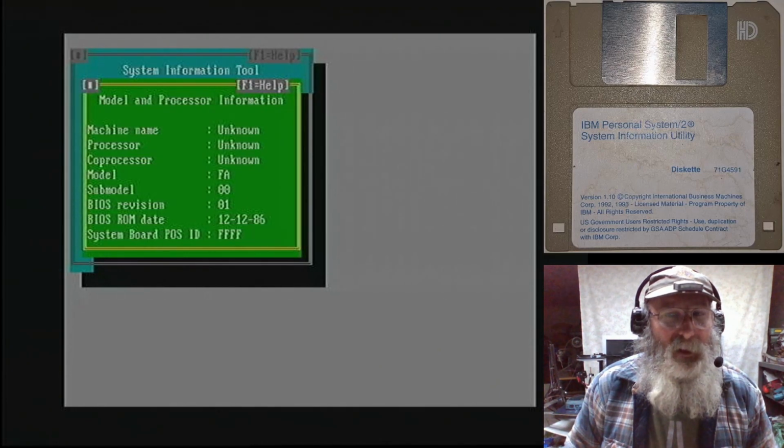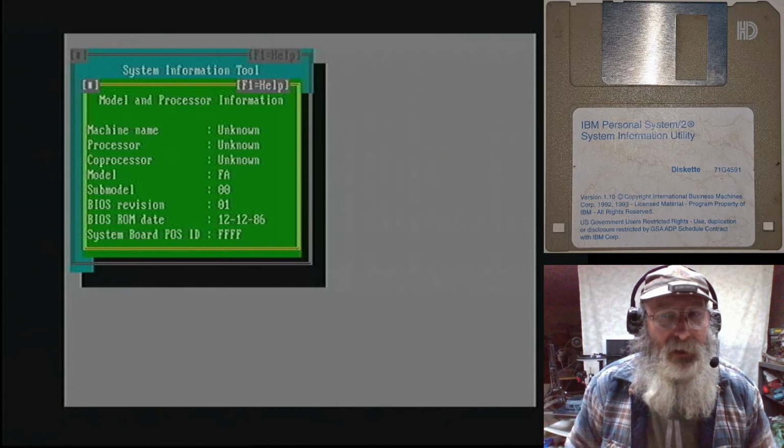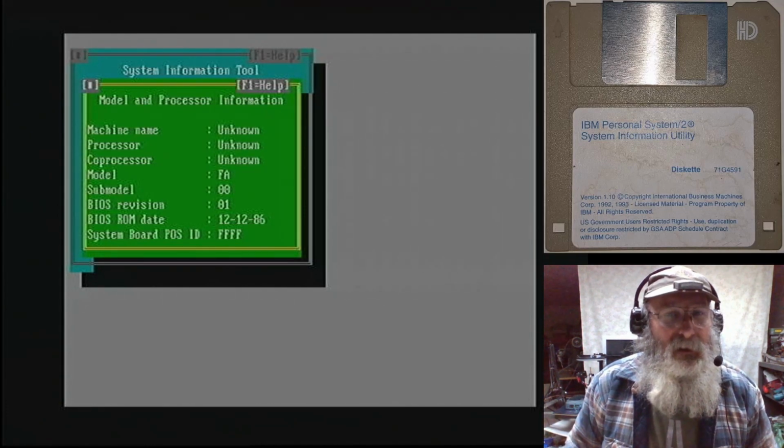But that can be a little bit confusing when you look at the European side where they changed it around. And of course, we agree the best convention, or the military convention that I learned to use, was the day, spelling out the first 3 letters of the month, and then writing the year as a full 4-digit number. And then on this screen, we see at the very end, the system board